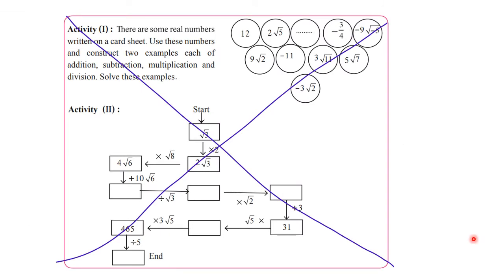Before that, just above the problem set, you have activity 1 and 2, but it is under the reduced syllabus. So take a note of this. These activity based questions will not be asked in the evaluation. So with a pencil, you can put a cross there to show that these particular activities are not there. They are reduced. Now let's go towards the problem set.